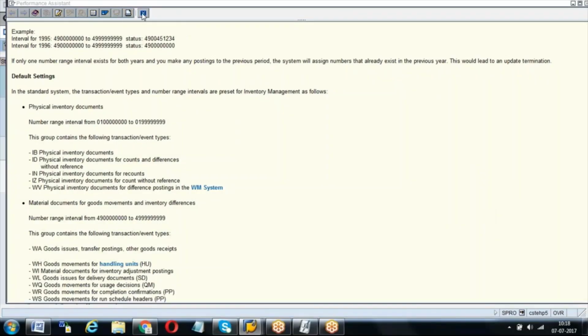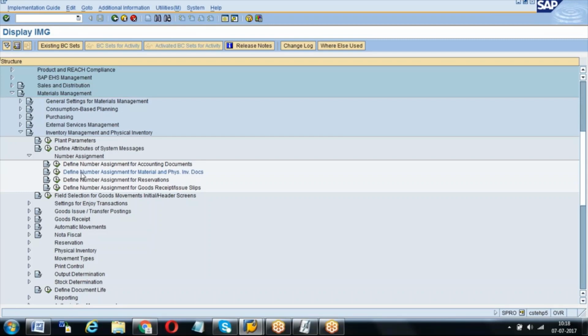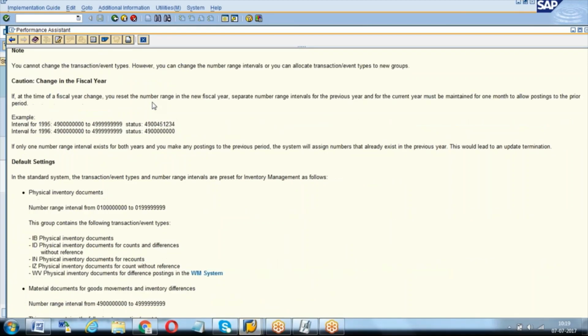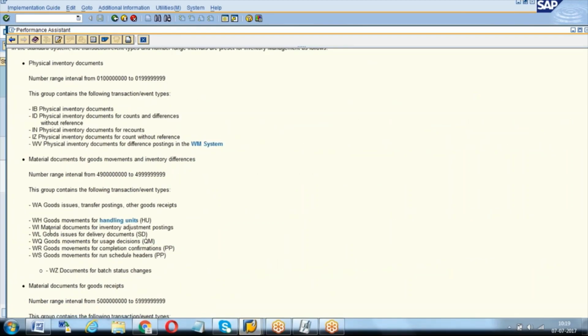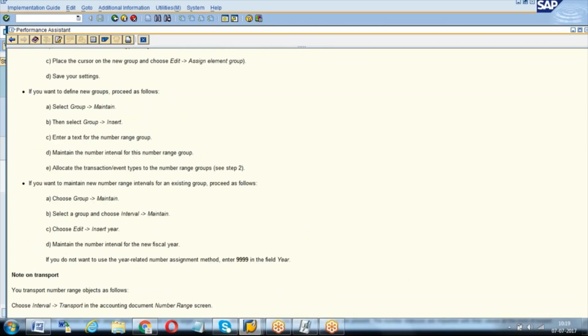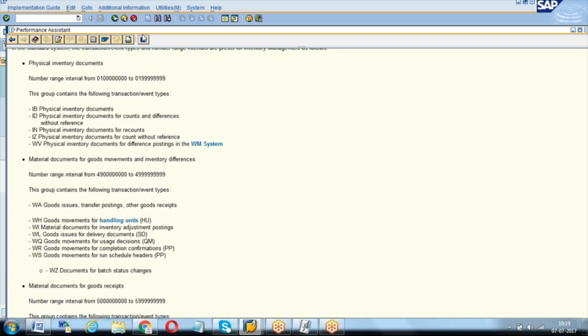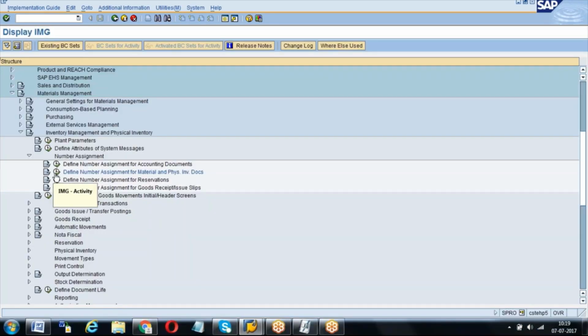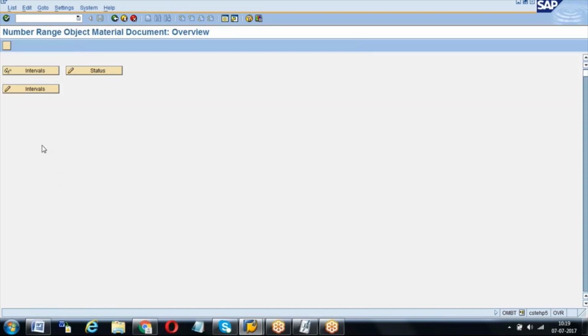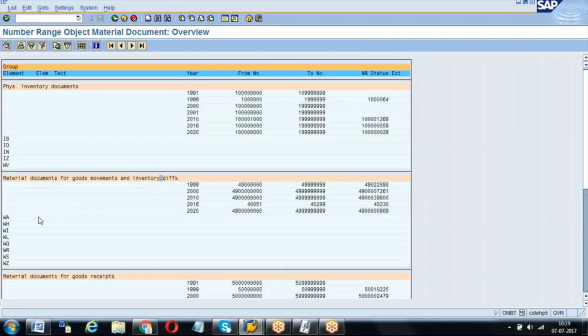What are the WA, W and all? You just come here. You can use the pre-designed program, because we are not going to create any of our own. When it comes to this SPRO, material management, inventory management, define number ranges. When you come here, you will see this, what is WA, W. For everything, you will come to know the understanding of things. And when you see the number ranges, whatever number ranges we assign here, see this number range I assigned for all this list. Okay, we just list to generate a number.